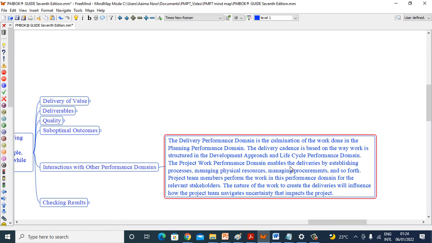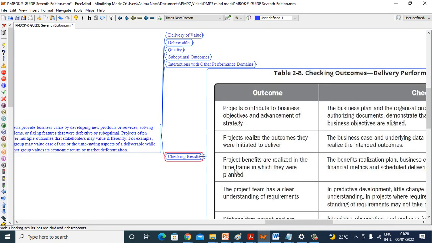The project work performance domain enables the deliveries by establishing processes, managing physical resources, managing procurements, and so forth. Project team members perform the work in this performance domain for the relevant stakeholders. The nature of the work to create the deliveries will influence how the project team navigates uncertainty that impacts the projects.